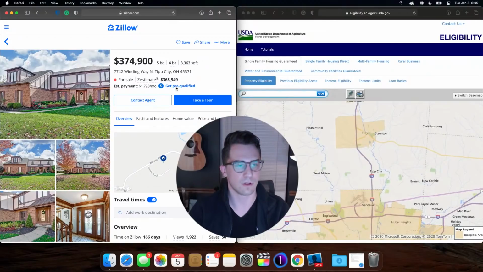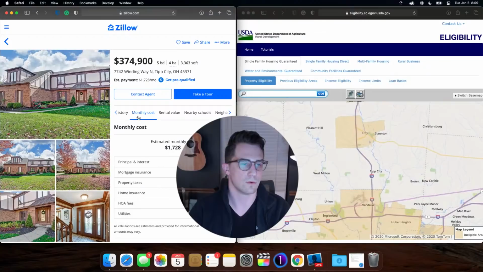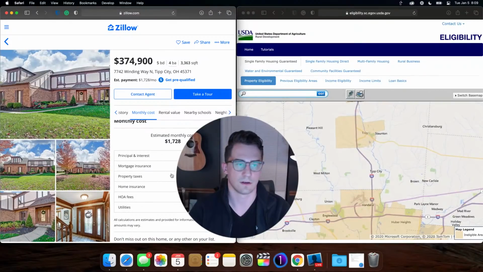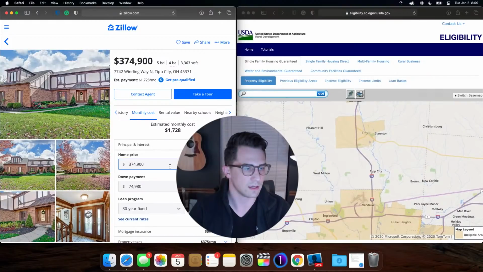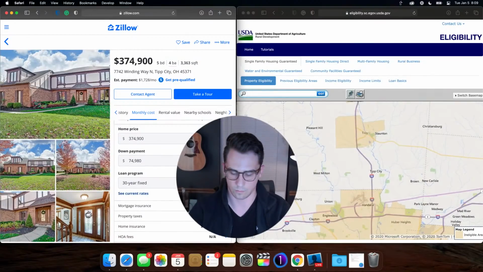Now, really be careful when you're looking at home search sites like this, when you see this estimated payment, because if we just go off of face value, we're going to get very different numbers than what it's actually going to cost monthly. So we have to adjust some of these numbers. Normally Zillow defaults to 20% down. Obviously we're not doing 20% down, we're doing 0% down. So we'll bring this to 0%. This changes our payment from $17.28 a month